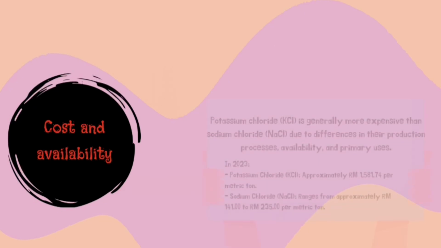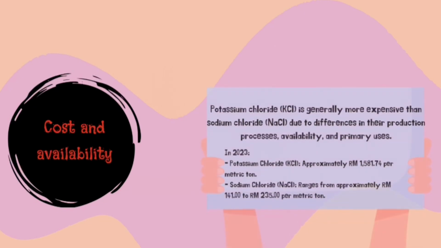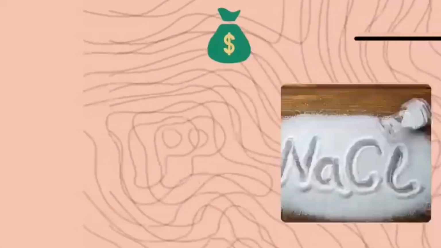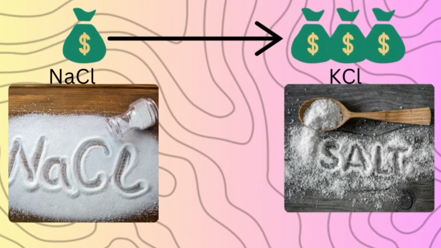Number 3. Cost and availability. Potassium chloride is generally more expensive than sodium chloride due to differences in their production processes, availability and primary uses. In 2023, potassium chloride cost approximately 1,581.74 Malaysian ringgit per metric ton, while sodium chloride cost approximately 141 to 235 Malaysian ringgit per metric ton. This means that if you buy food and snacks that contain potassium chloride, you will almost return with an empty